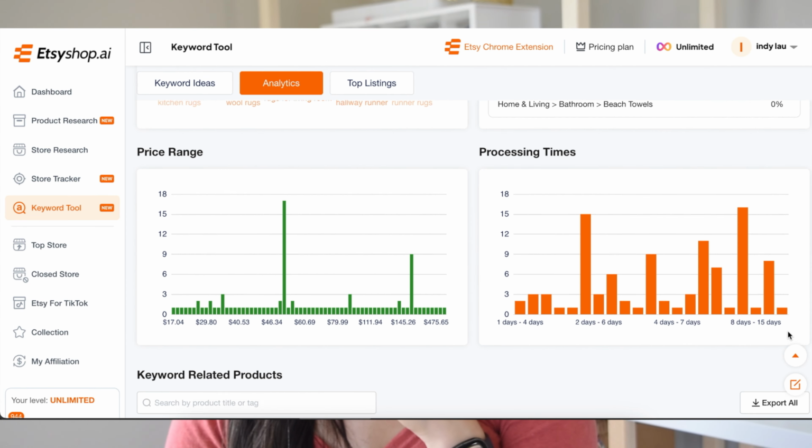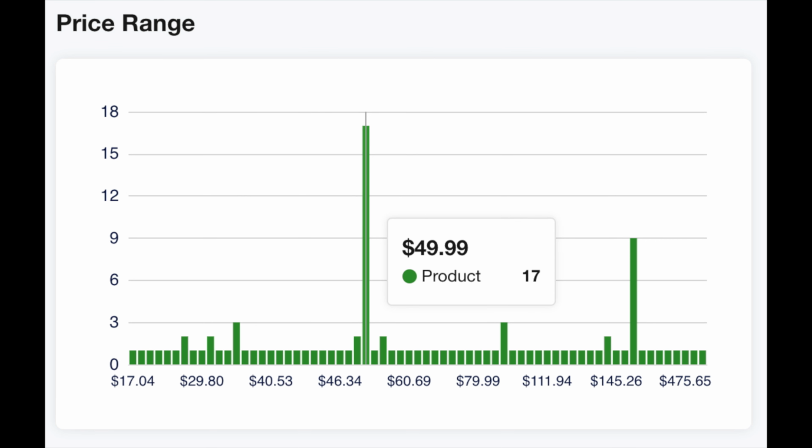Another thing that I really like about this tool though is the price range, because you can easily see how much people are pricing their products, and it looks like a lot of people are pricing it at $50, and then there's another spike at around $172. That tells me a few things. One, our competitors are maybe pricing it at a lower price point, or that maybe these are just smaller rugs